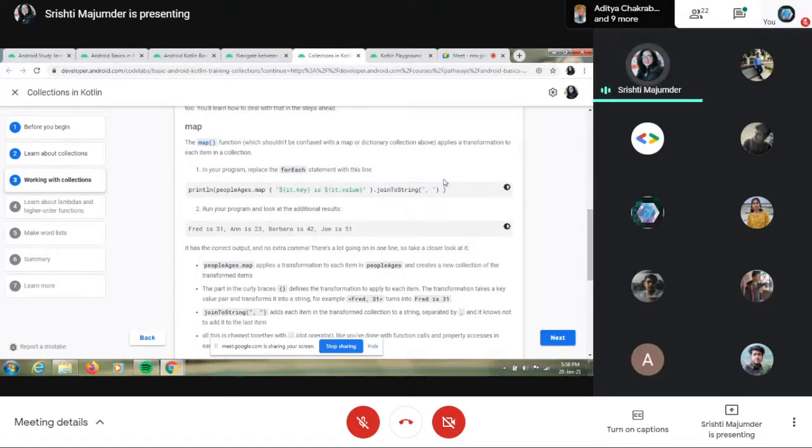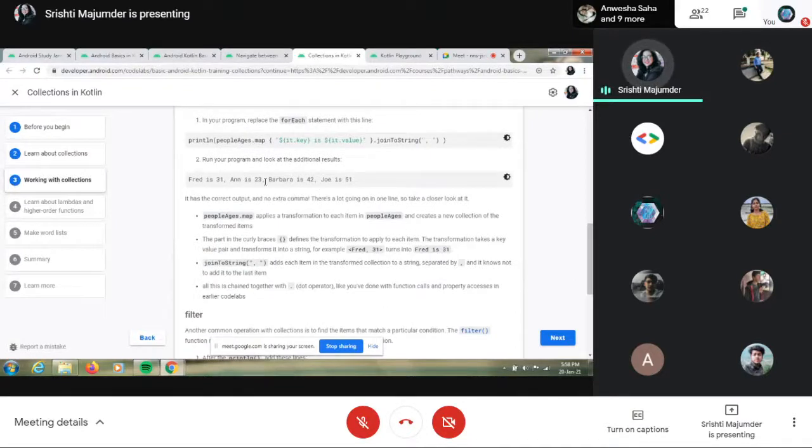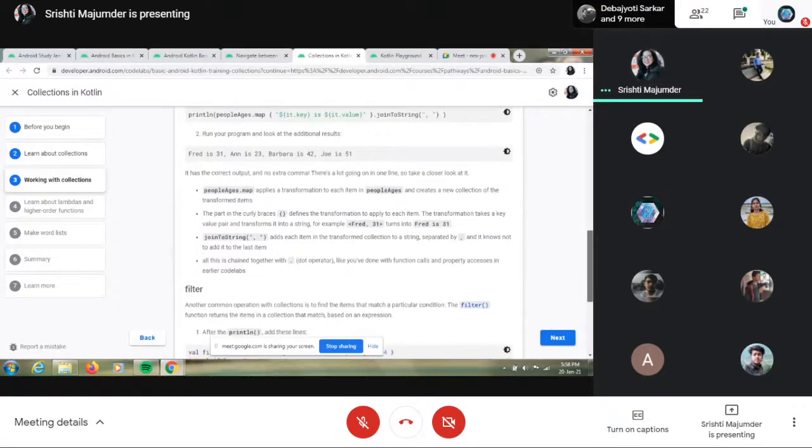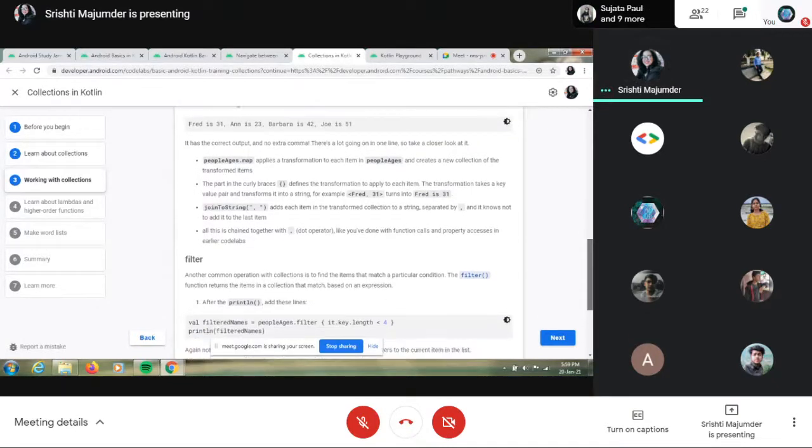Once you write this program, you see this is your following result. All the items given are connected with a comma. That's it. This explains that earlier we did a mapping, Fred comma 31, the key and the value, and this is one pair. What we did was use the map, and then joinToString. We just connected them all. We didn't need to use a separate comma after every number.